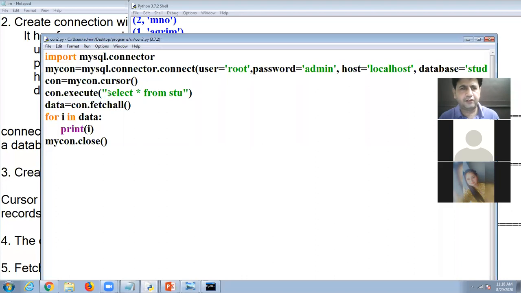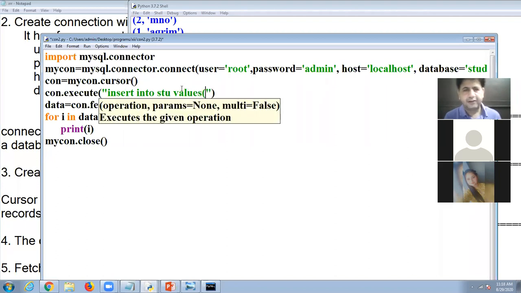So in place of select, it will be insert into, the name of the table is stu, values, this is the query. Then suppose I want to insert roll number 20 and the name of the student is Jatin. So the query is this one.